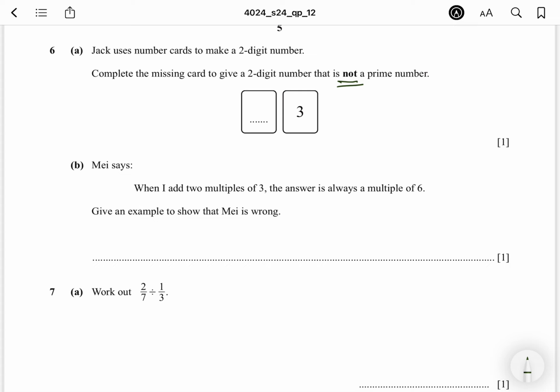Is 63 a prime? It can be divided by 3. It can be divided by 7. So 63 is not a prime, so it is acceptable. The first 2-digit number that is acceptable is